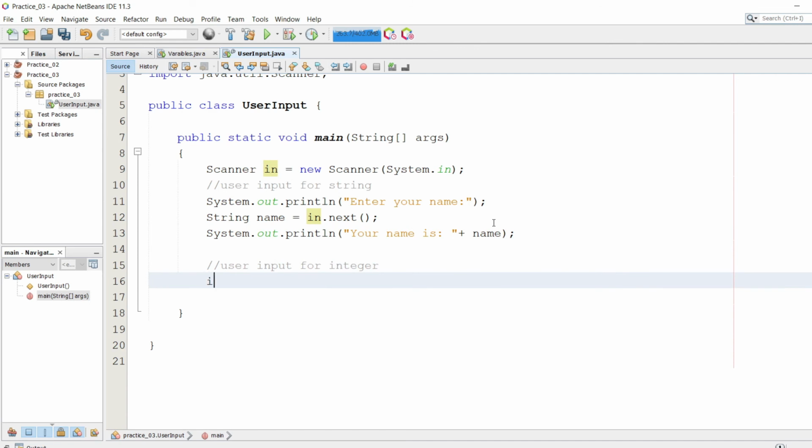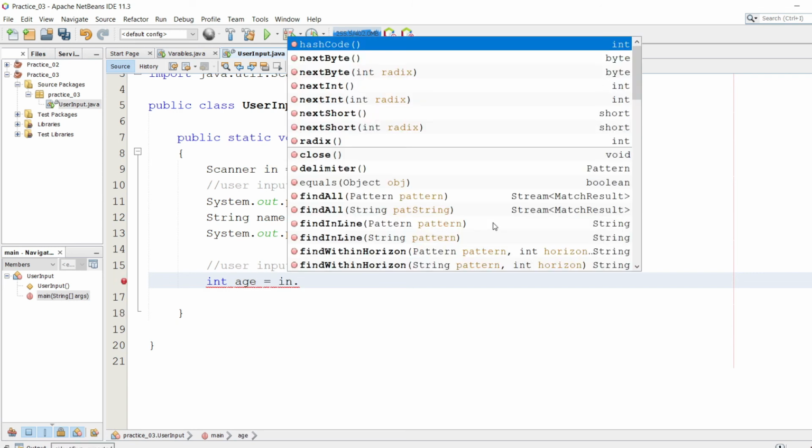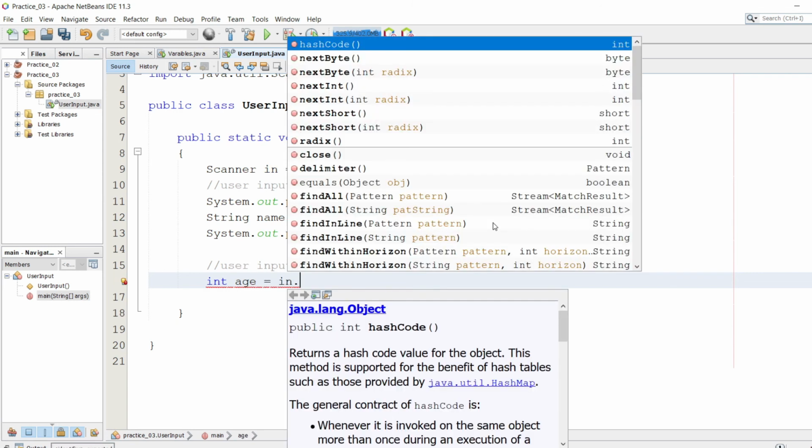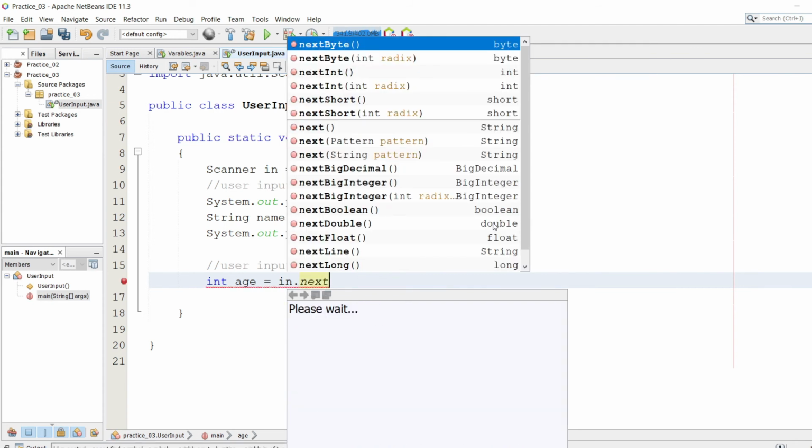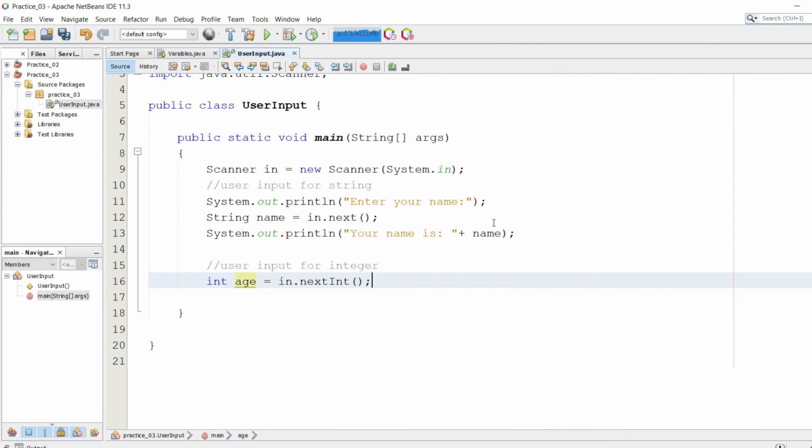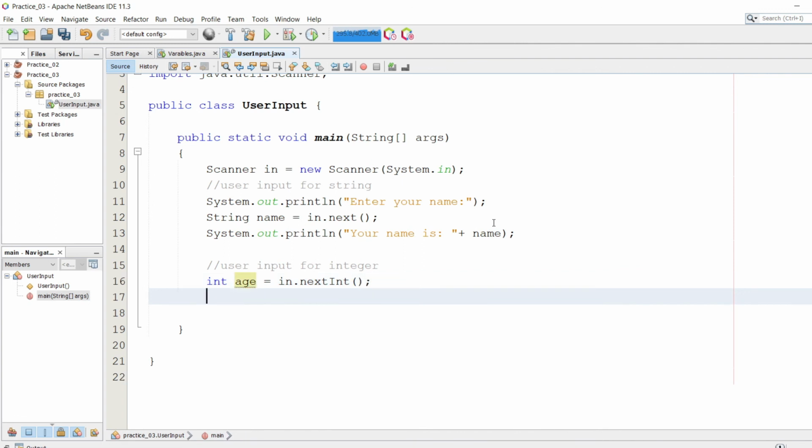User input for integer. So I'm going to make one int variable, age, equals in dot. Now in order to get the integer value, we simply use the nextInt method, and in order to print this, simply "Your age is" and age.